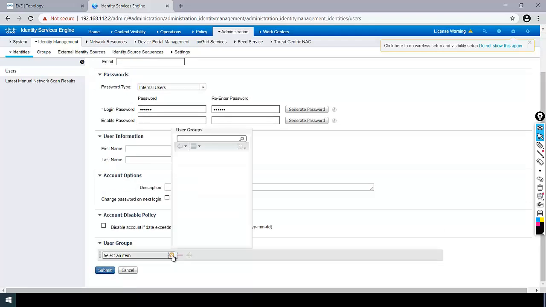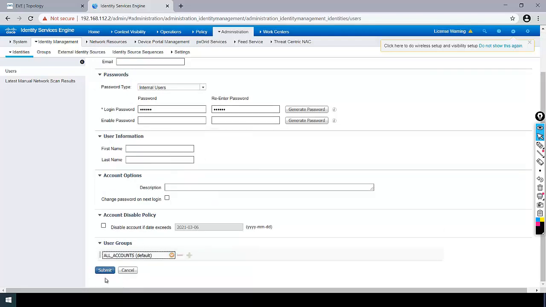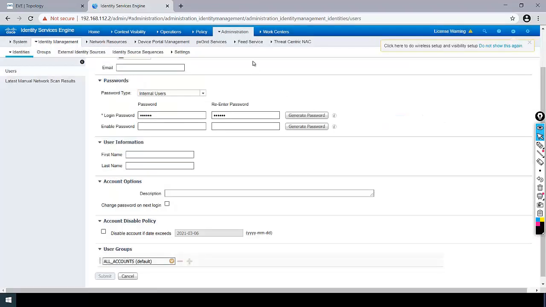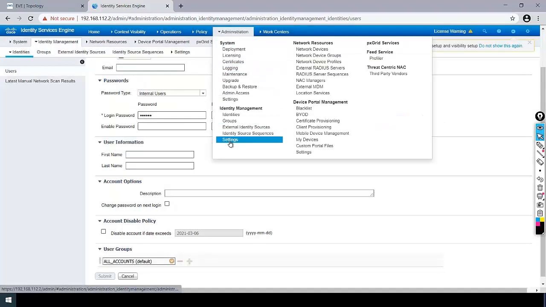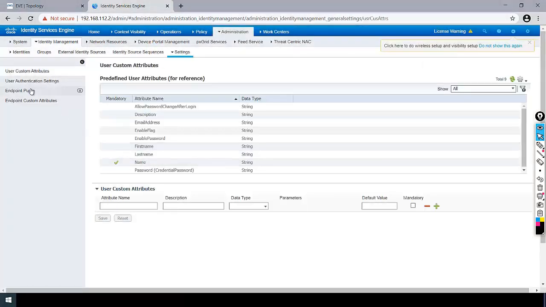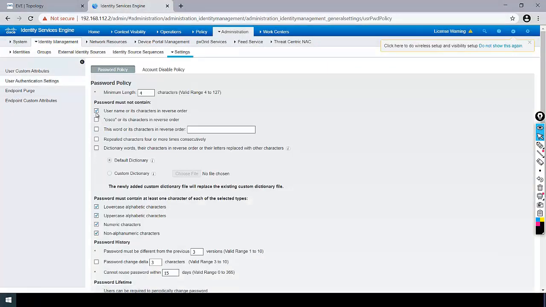Submit. Before submitting you can assign it to all user groups. Okay, so due to password policy our password is not being accepted.